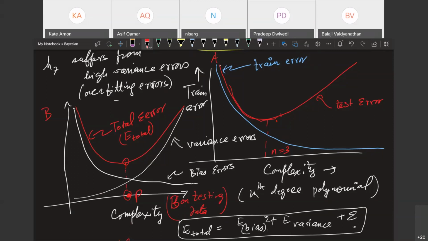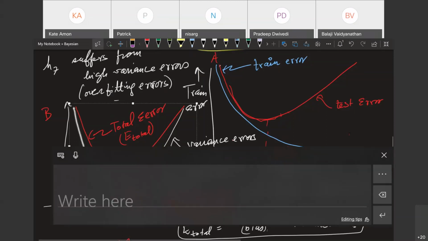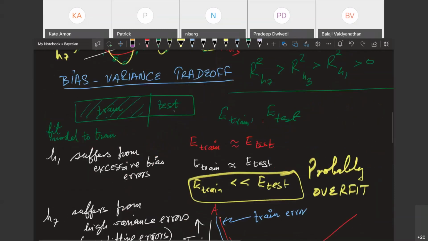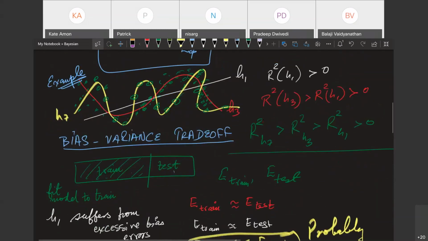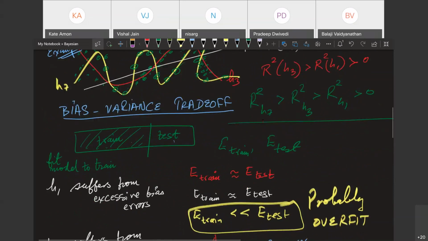So if you go back up on the drawing you have, go back. Yes, that E-train. So now going back to hypothesis 1, hypothesis 7, and hypothesis 3. We said for hypothesis 3, E-train would nearly be equal to E-test, and that is the closest to the truth.